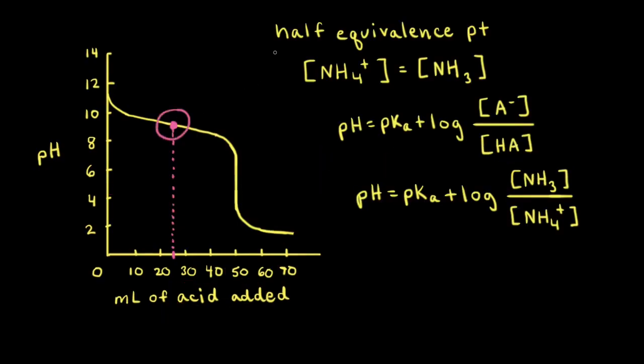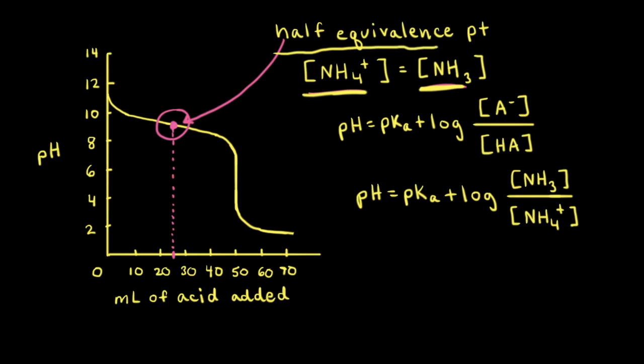Let's go back to the half-equivalence point on our titration curve. Remember, at that point, the concentration of ammonium cation is equal to the concentration of ammonia. The ammonium cation and ammonia are a conjugate acid-base pair, and when there are significant amounts of a weak conjugate acid-base pair, there's a buffer solution. Therefore, at the half-equivalence point, we have a buffer solution, and we can calculate the pH at that point by